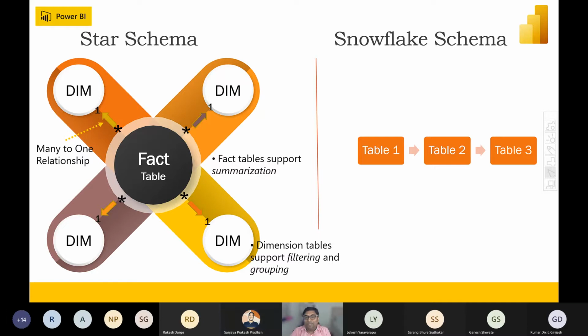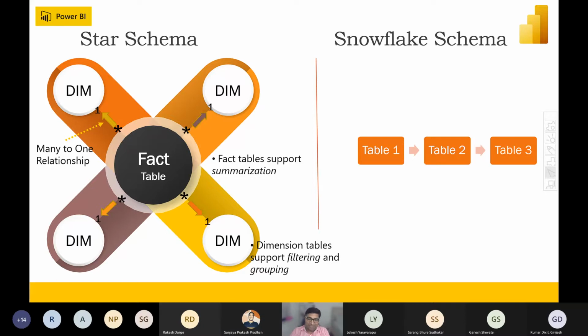Today I was reading a very interesting post on LinkedIn. Somebody says that to understand the difference between a star schema and a snowflake, a star schema is kind of a love marriage. Fact table directly talks to dimension table.